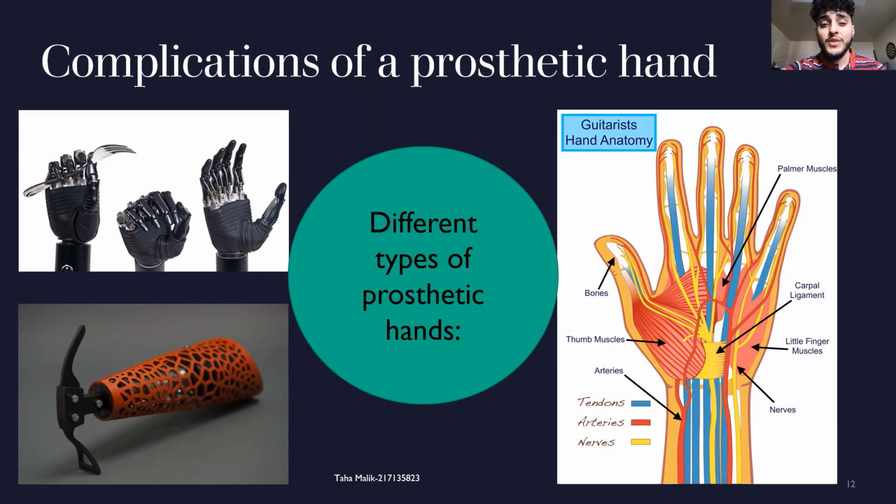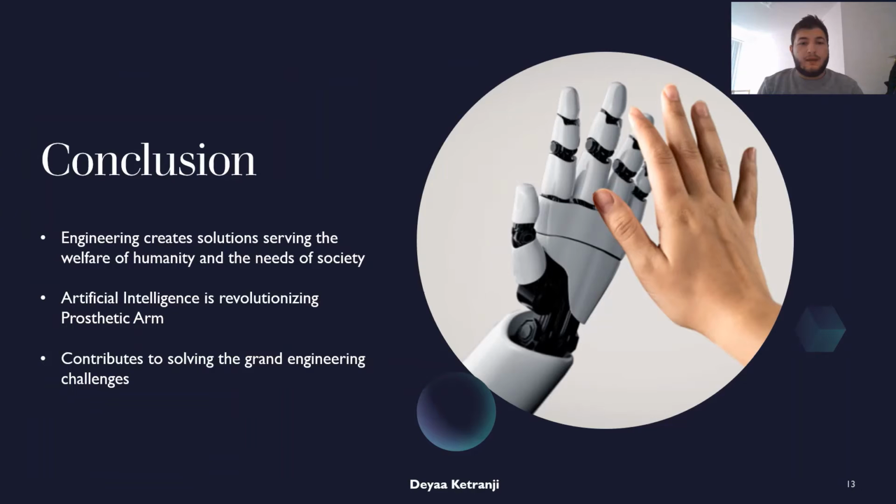So recreating a part of your human body is no simple task, and the engineers of today lack the proper knowledge of human anatomy to try and replicate the prosthetic hand. At the end of the day, the grand engineering challenge of reverse engineering the brain may seem like a really tough and hard task to do, but it's also true that our centuries of hard work have led us so far